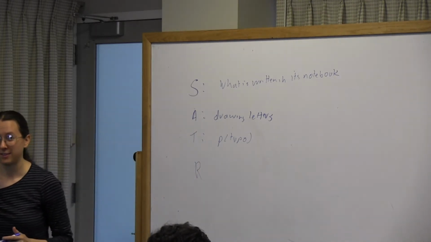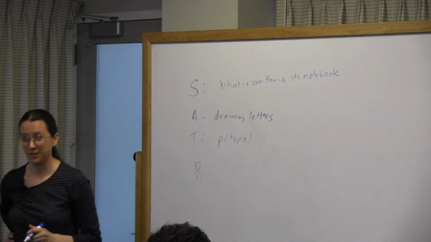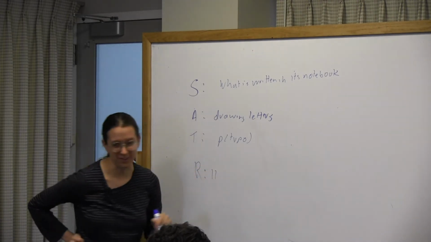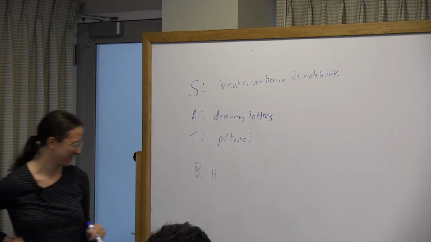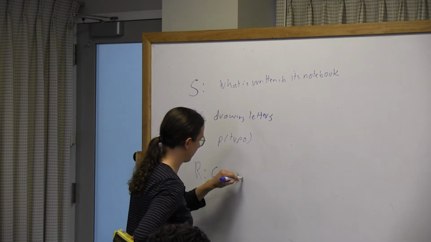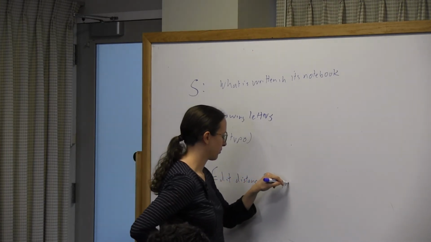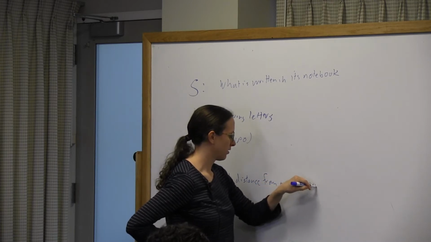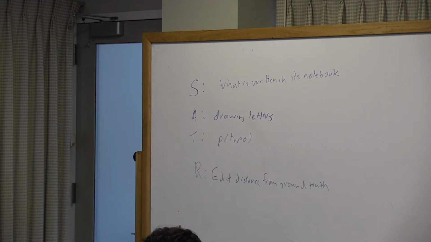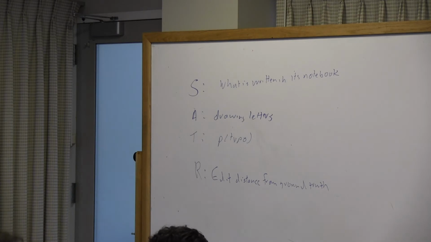How well it matches what it's trying to take notes on. So how does it know that? We tell it. Okay. So maybe like the edit distance from ground truth. Edit distance from ground truth. So what I might actually do instead is refine that a little bit and make it say that its